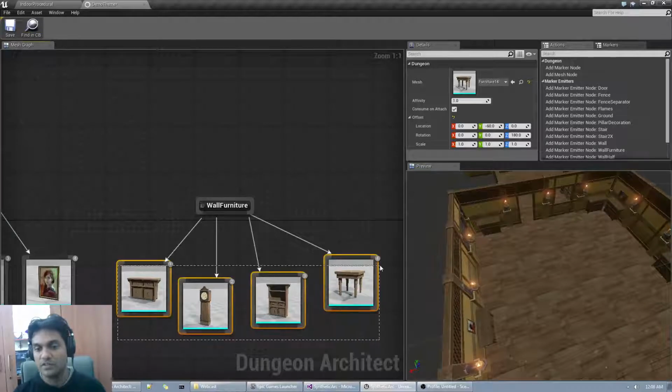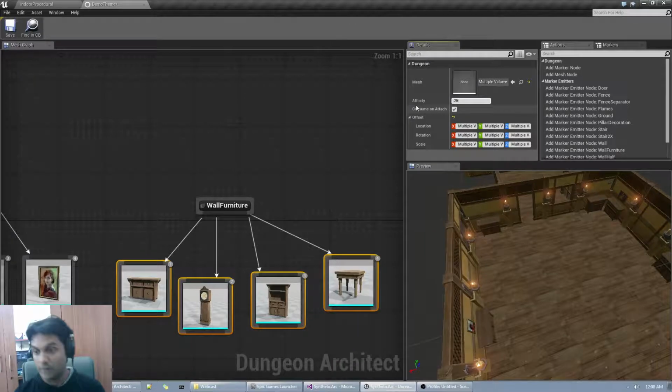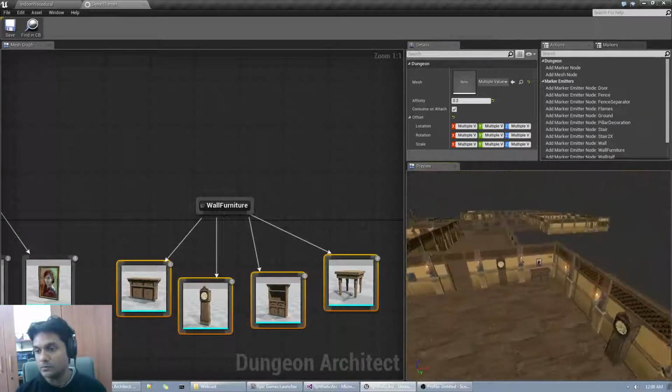Right, now let's change the probability to say 0.125, I guess, or 0.2 would be fine. Right, so